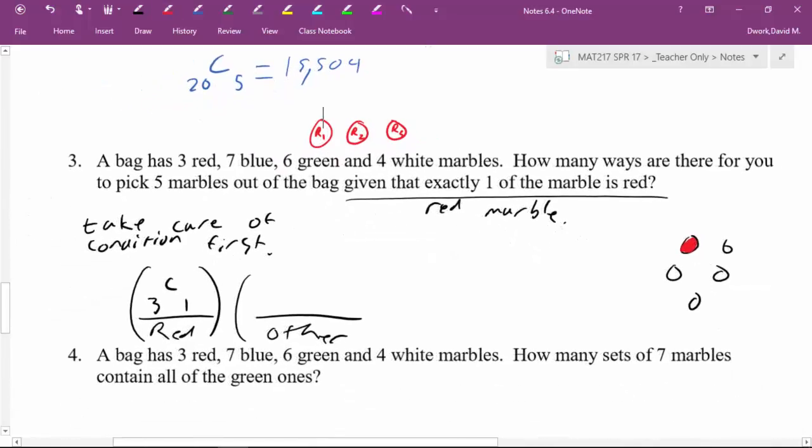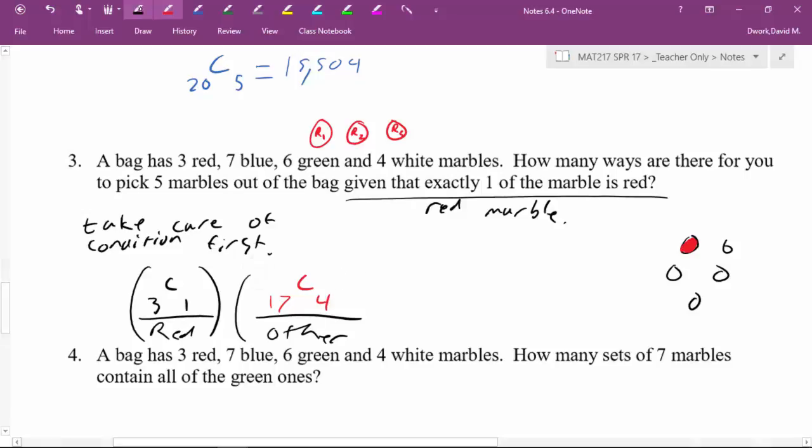So out of our 3 marbles, we're going to pick one of them. It's either red 1, red 2, or red 3. So there are 3 different ways we can pick a red marble. Then, out of our other marbles, how many other colors are there? Well, 7 plus 6 makes 13, plus 4 makes 17. So out of our 17 other colors, we're going to choose 5 marbles total, so I'm going to choose 4